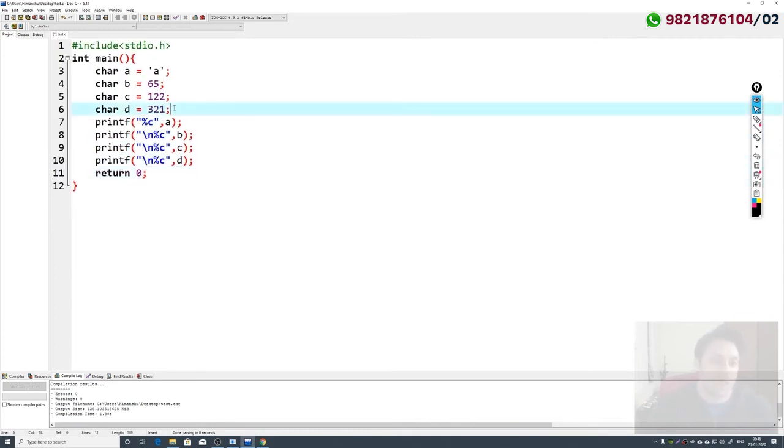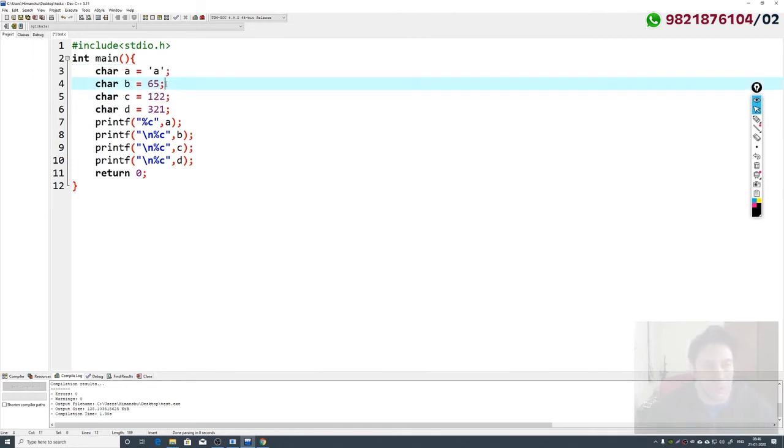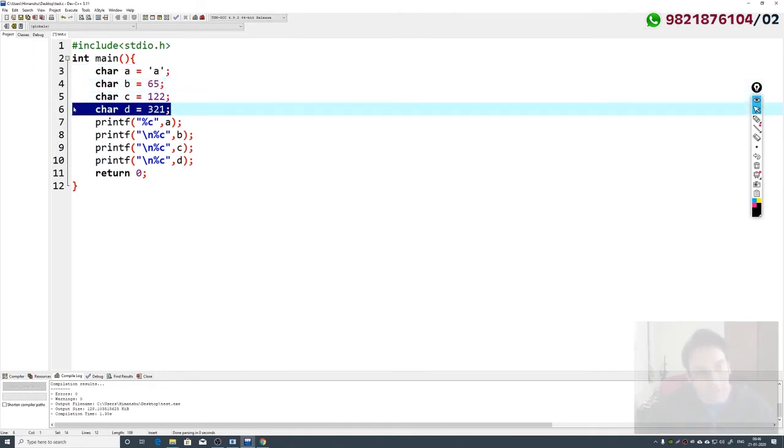Okay, what about this value? When I'm using character D, see these two values, telling these values is very interesting. I mean it's very simple. आप इसकी value बता सकते हैं. In the second way you can also tell this value. Can you tell me what is the value of D? D की value क्या रहेगी?